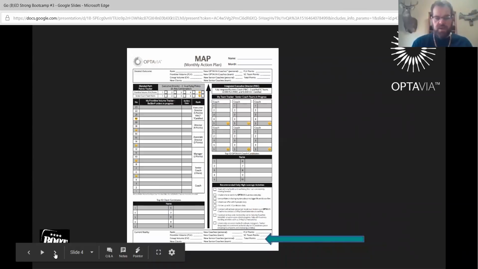It talks about how many new clients you had this month, and then breaks it all down over to points, and your total number of points, knowing that you get one point for each 1,200 in frontline volume.